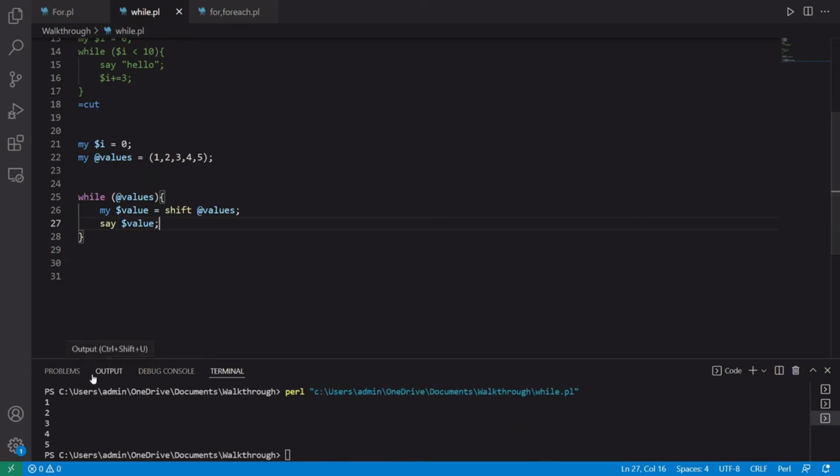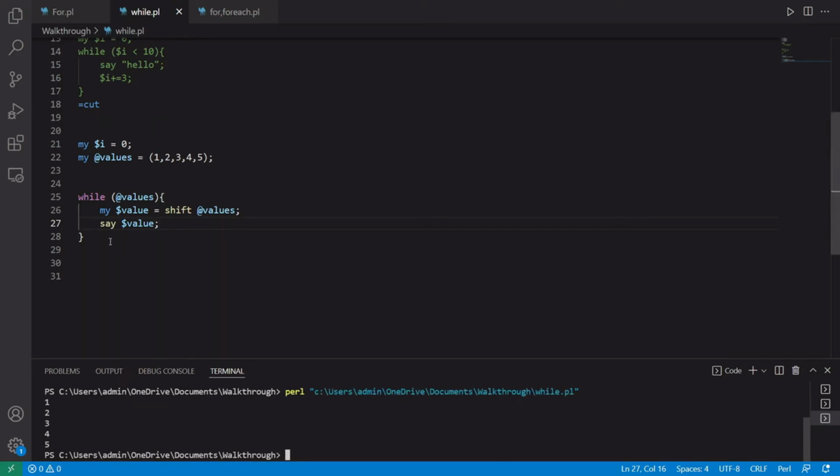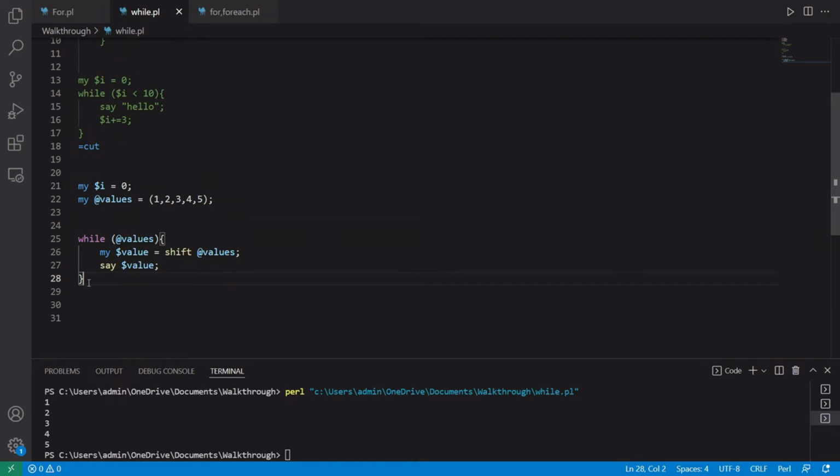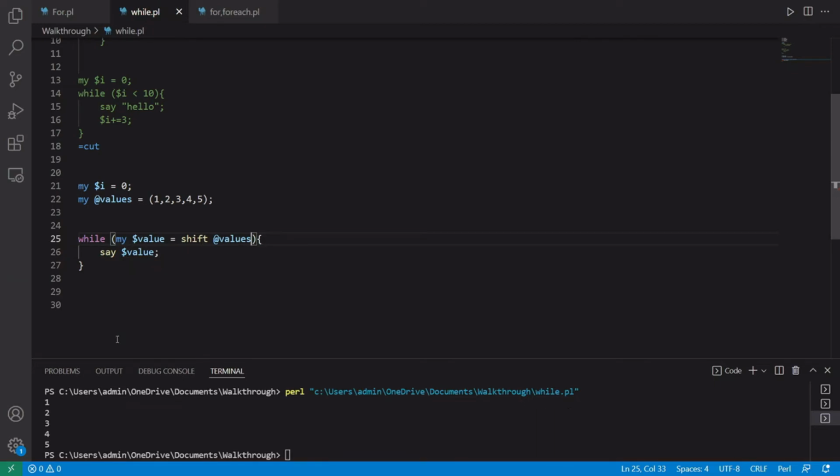If we execute this, it will go through the elements of the array and then end at the last element, thus performing the same role as the foreach iteration. It is also possible to move this line into the condition to perform the same exact function, as you can see here.